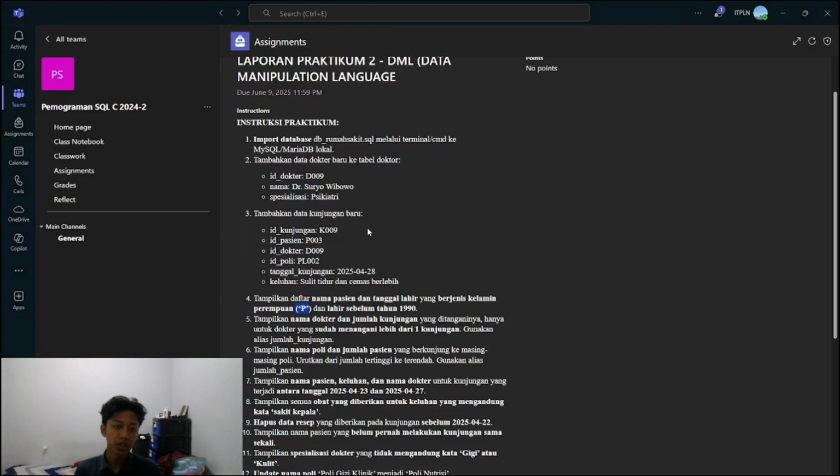Next, instruction number 3 is to add new kunjungan data. This instruction is basically the same as the previous one, instruction number 2.